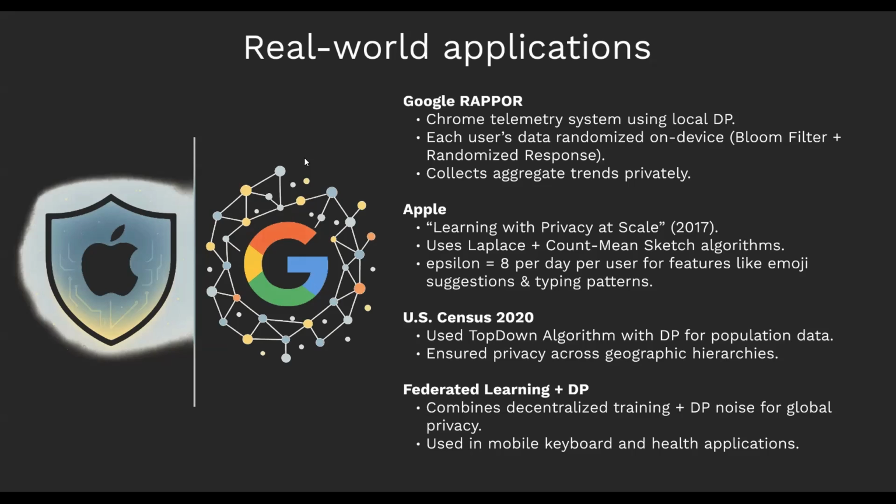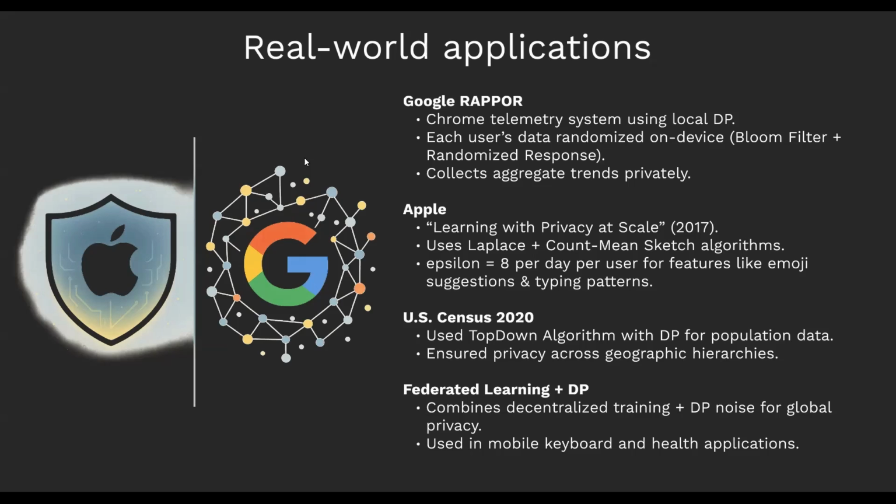The second step involved is randomized local DP. Each bit of this vector is randomly flipped using a randomized response technique with certain probabilities p and q. This introduces local differential privacy, since the noise is added on the user's device before any data is ever sent to Google. The final vector, not the raw data, is what gets transmitted. This ensures that even the Google servers can't tell with certainty what the original value was. Only the aggregate statistics across many users can be estimated.